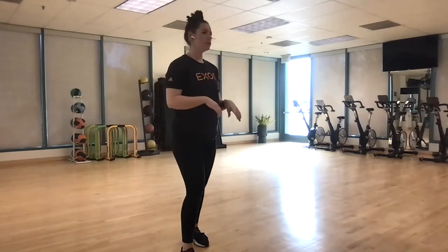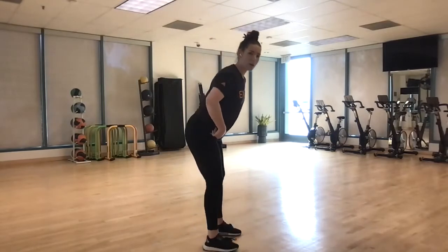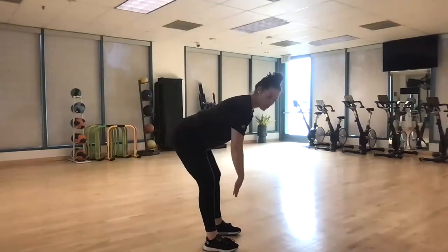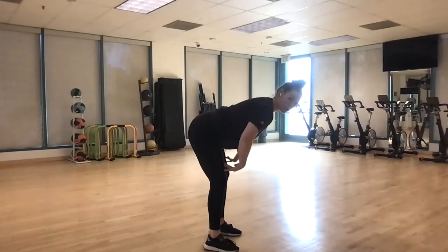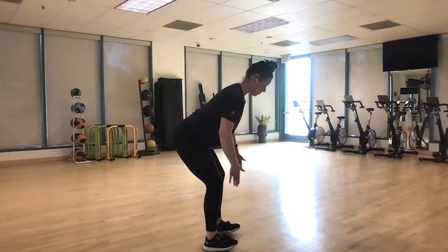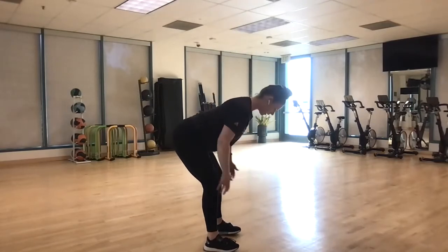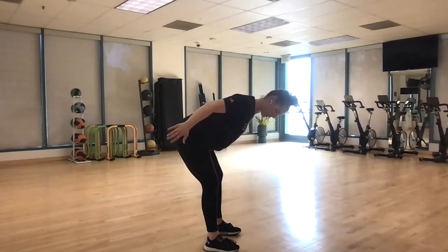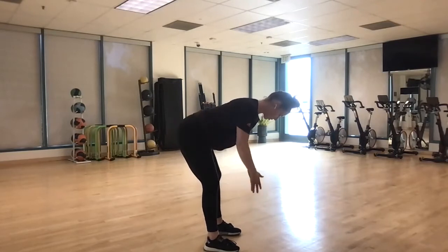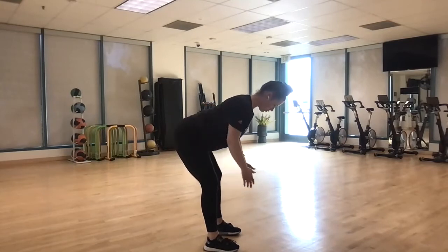3, 2, 1. So we got our hips pushing back, keeping that chest as parallel with the ground as we can, but our hips are back. We're not leaning forward here. So sink in those hips. Let's just go backwards. Keep that core engaged. Squeeze through the armpits as we lift our arms up, keeping those shoulder blades,